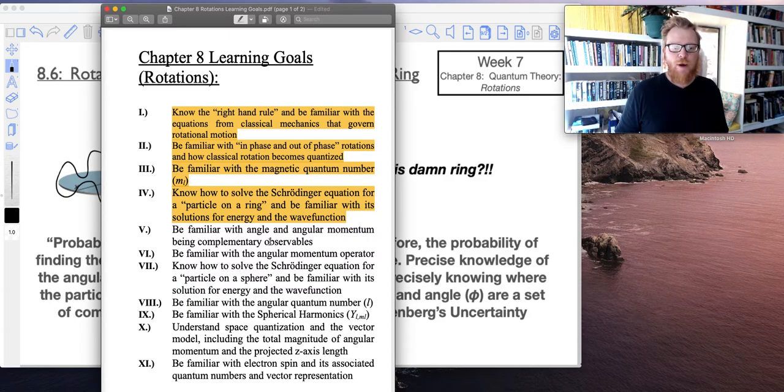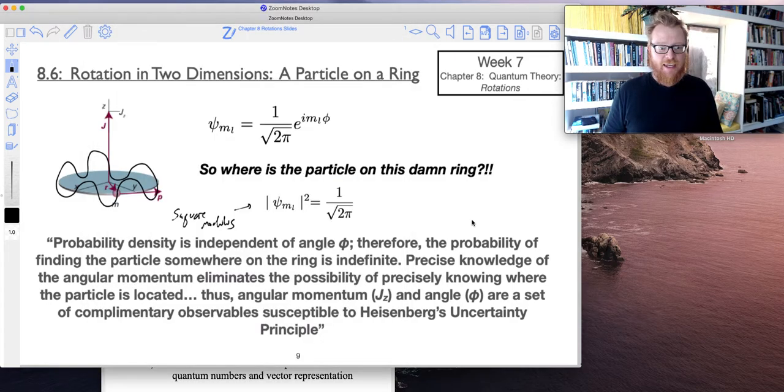I kind of left off right there, and we're going to be hitting this in a lot more detail in the next couple of lectures. So I'll leave it at that, and let's get into these slides, okay? This is where we left off, right? We got that this is our wave function for the two-dimensional particle on a ring. Remember, two-dimensional because it's rotating in the xy plane, where the angular momentum is pointing up on